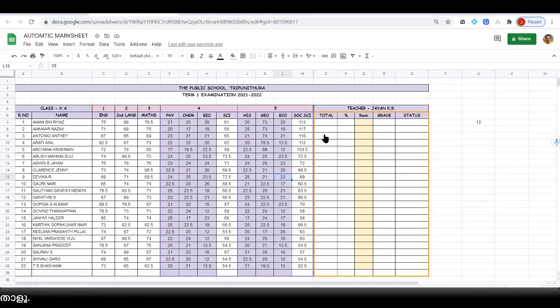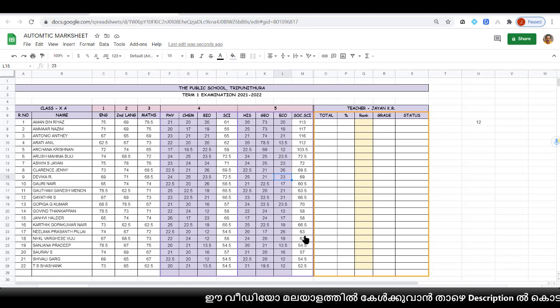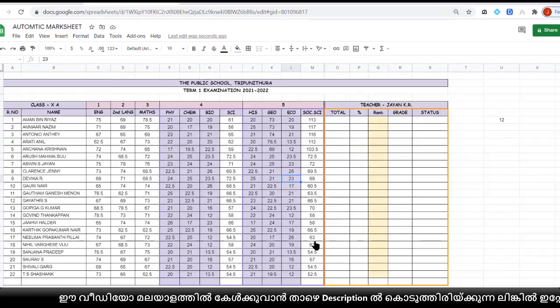Now we have to get the total mark of all 5 subjects. Which are the 5 subjects? English, second language, mathematics, and the science total and social science total. These 5 columns you have to add.